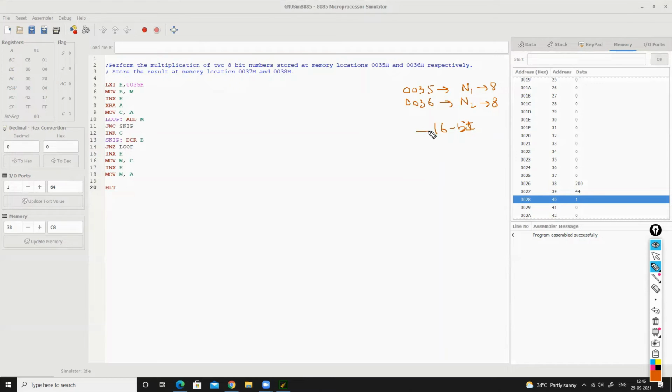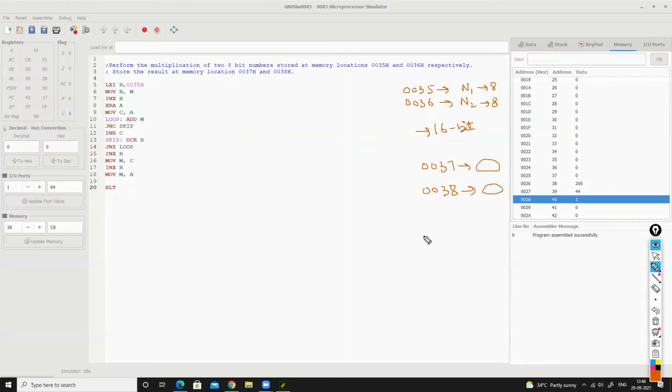That means to store this 16-bit number, we require two memory locations. One memory location will be 0037, where we will store one part, and at 0038 we will store the other part of the result.